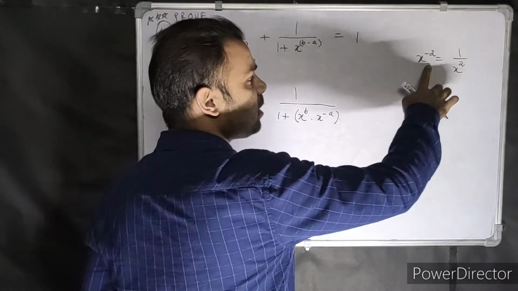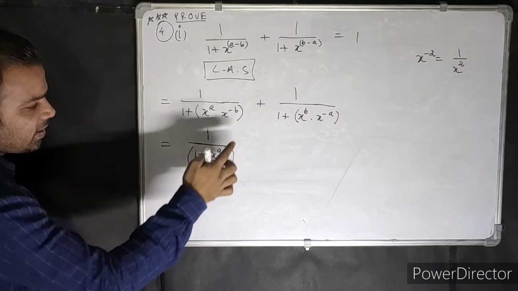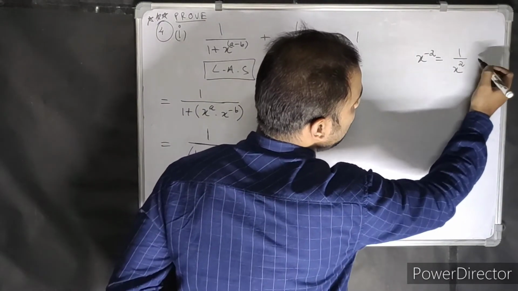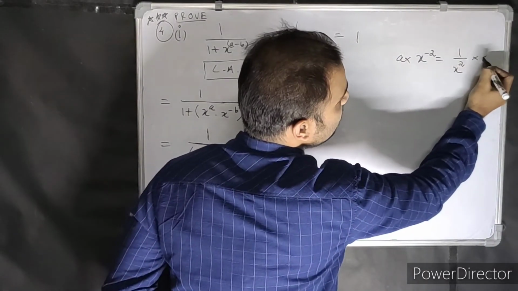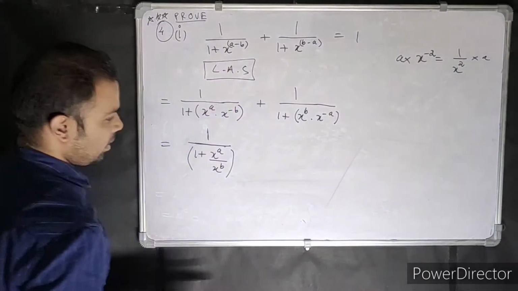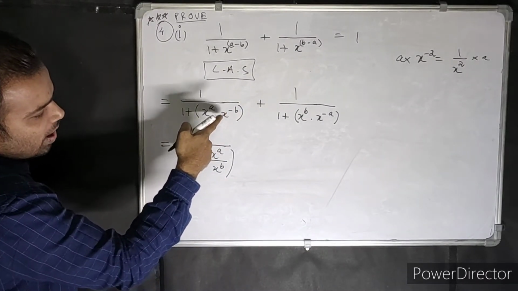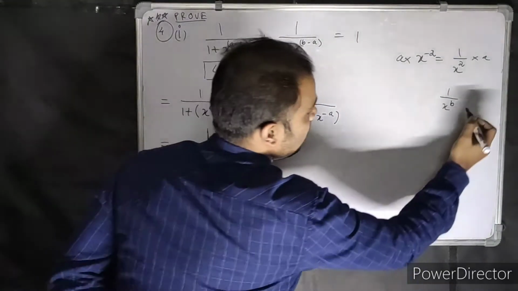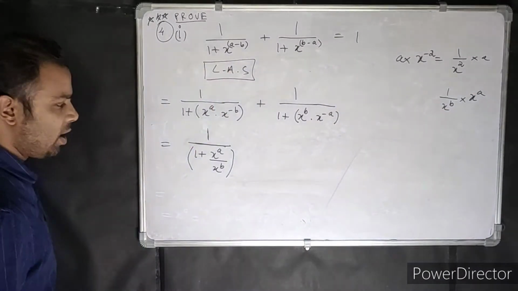So what happens? This x goes down and the power becomes positive. That's what happened. Now something is multiplied. If you have a multiplied over here, then this a got multiplied with the top 1. Similarly, the x to the power a got multiplied by 1 by x to the power b, so it became 1 by x to the power b, and it had x to the power a. So this got multiplied with the 1 over there.